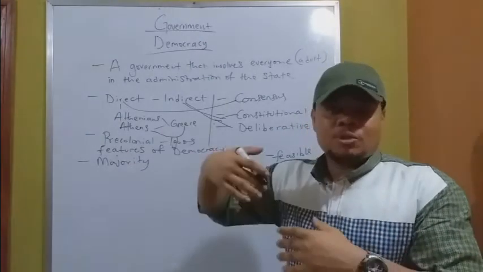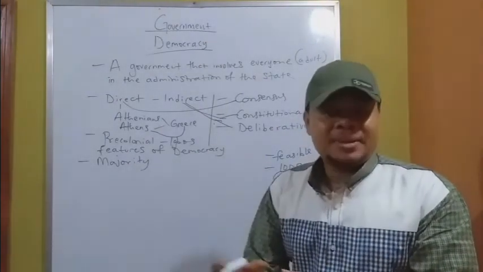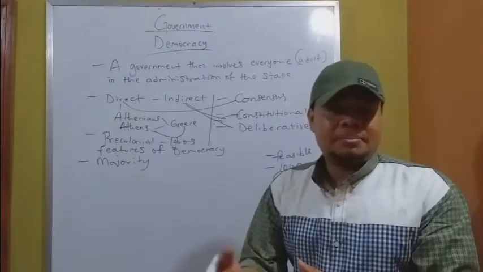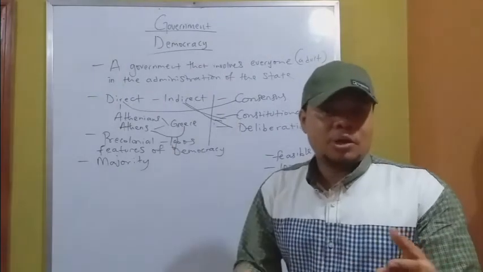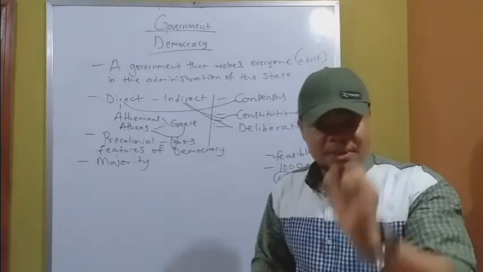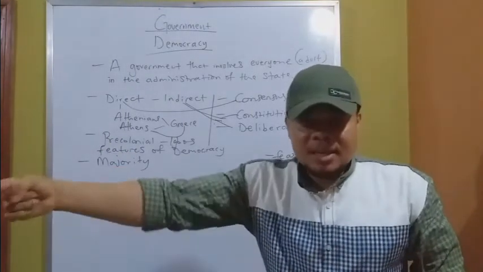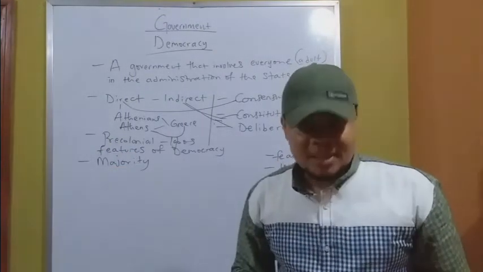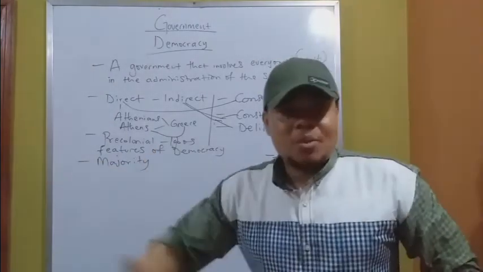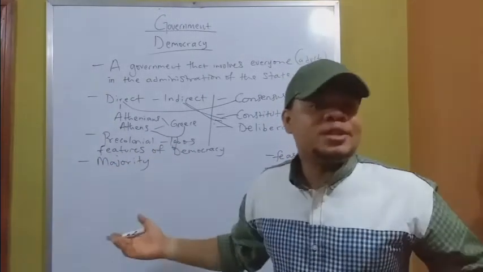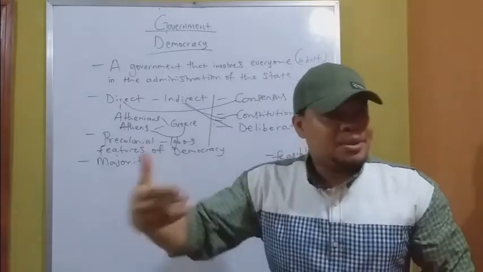Firstly, elections must be free and fair. It must be devoid of, it must be separated from violence. It must be separated from rigging, from thuggery, from arson, from stealing of ballot boxes. Elections must be free and fair. Elections must be periodic. It means that if we do elections today, we must determine when the next elections will take place. We cannot do elections today and just leave the government there to rule forever. That is not democracy. Elections are periodic.